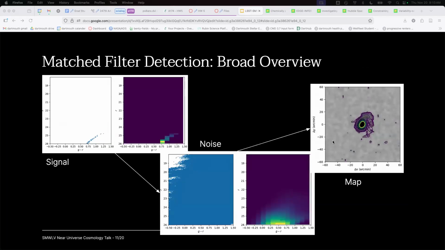And so to pick that substructure out, we use the matched filter detection algorithm. It's basically a signal processing technique that you can use to maximize your signal to noise if you have some expectation of what your signal is, for us, an old metal-poor stellar population. And when you have well-defined noise, which is the background catalog we just generated, you can assign weights